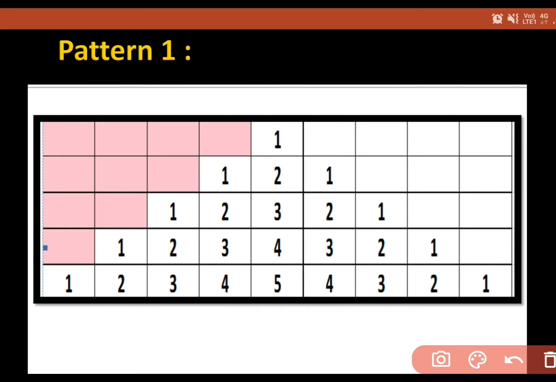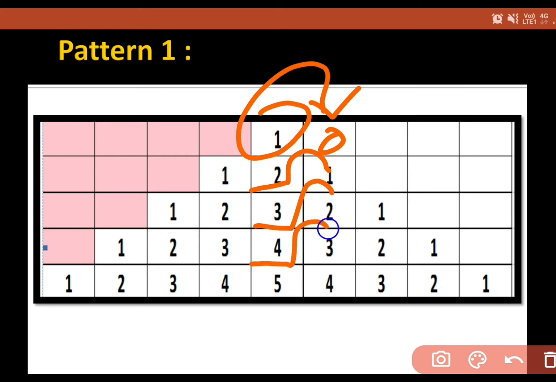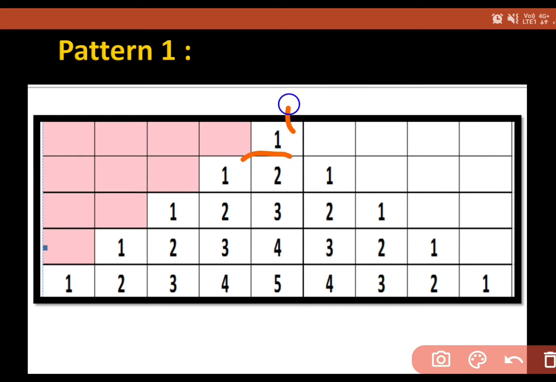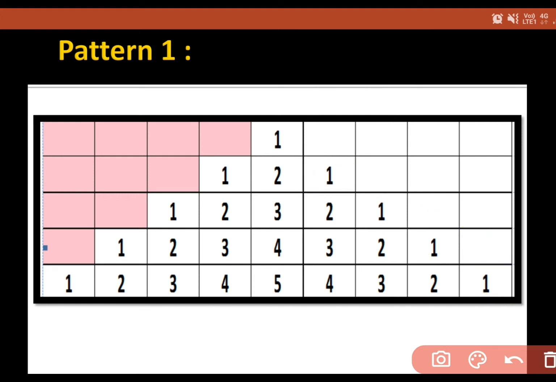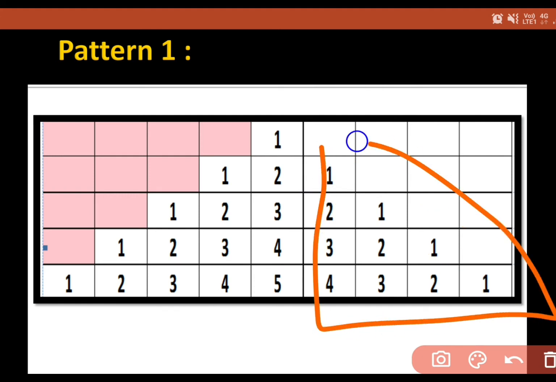Just keep in mind: 1 minus 1 is 0, 2 minus 1 is 1, 3 minus 1 is 2, 4 minus 1 is 3, 5 minus 1 is 4. Exactly, if I take I minus 1 till 1, then I have my loop for this pattern.